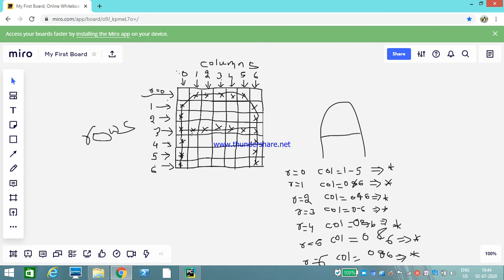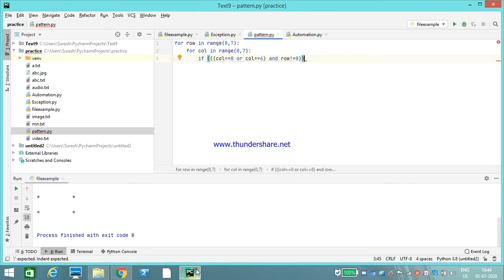In row 3 I have already printed this one. What we need to print are the remaining things: column 1, column 2, column 3, column 4, column 5. So same in row 0, and row 3, I need to print column 1, column 2, column 3, column 4, column 5 as a star, right? Okay, now write the condition for that.